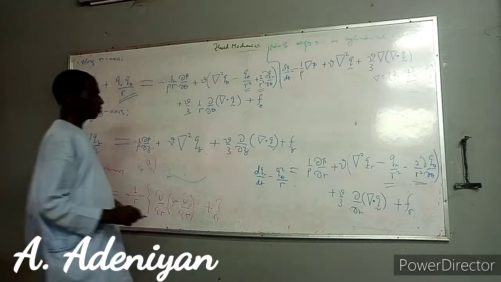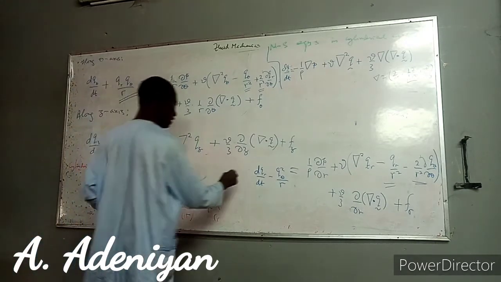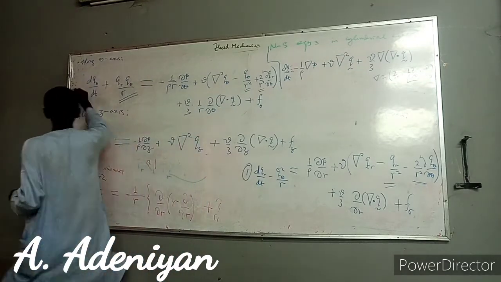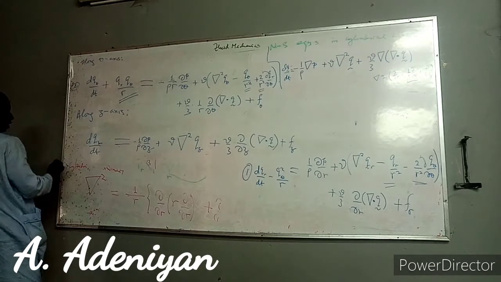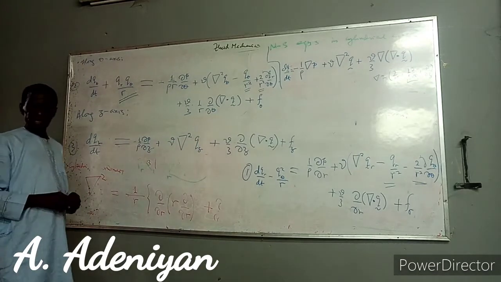It's R, not R squared. So this is the first equation for cylindrical, this is the second for cylindrical, and this is the third for cylindrical coordinates. They are the component form